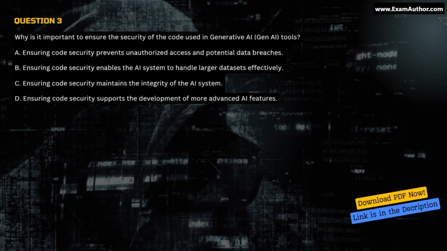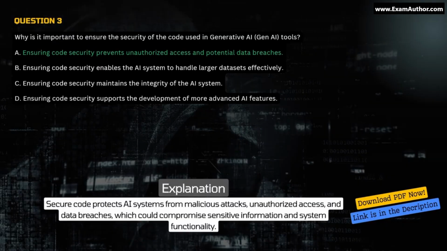D. Ensuring code security supports the development of more advanced AI features. Correct answer A. Ensuring code security prevents unauthorized access and potential data breaches. Explanation. Secure code protects AI systems from malicious attacks, unauthorized access, and data breaches, which could compromise sensitive information and system